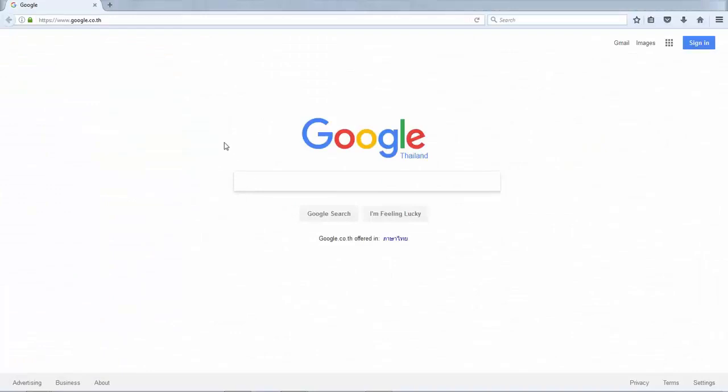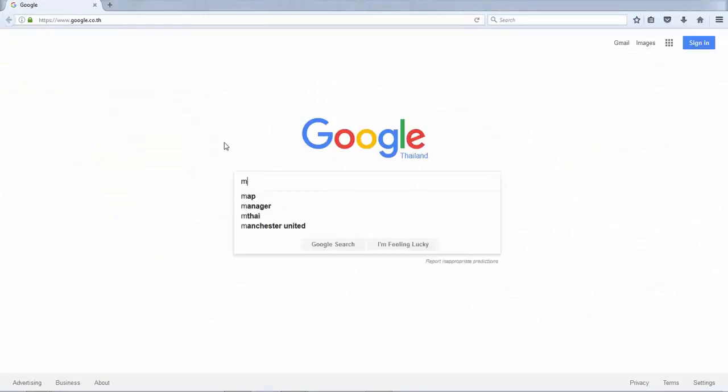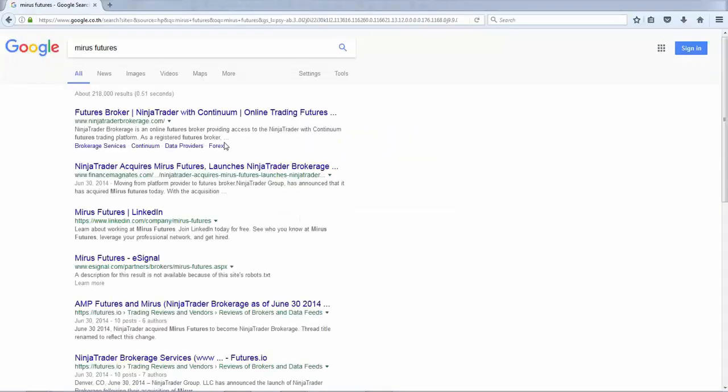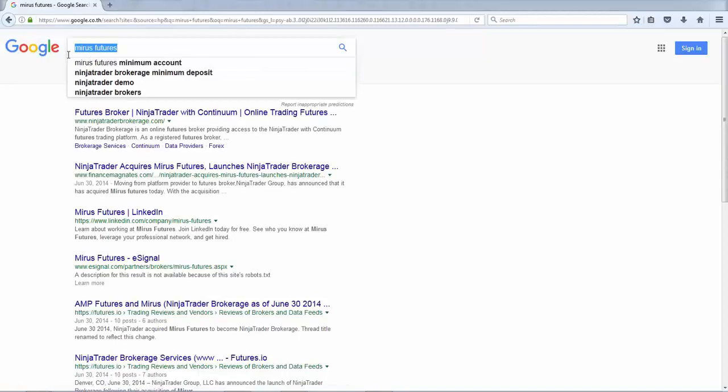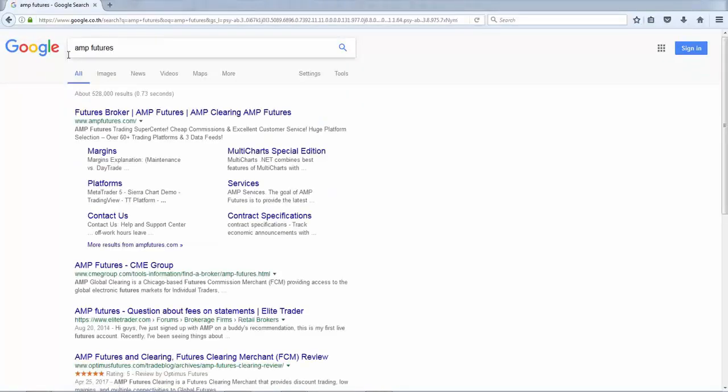First, I could show you the cheapest, which is like Mirus Futures. They use NinjaTrader, or AMP Futures. These are just two. There's lots of them actually. Both of these brokers, as far as I know, require $500 for margin. So in other words,